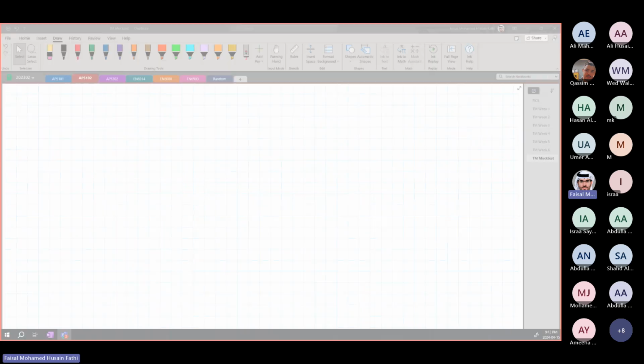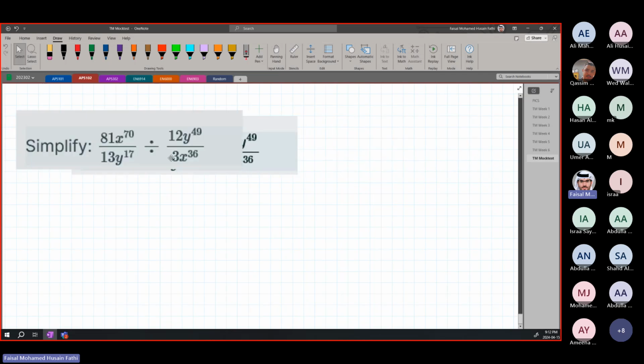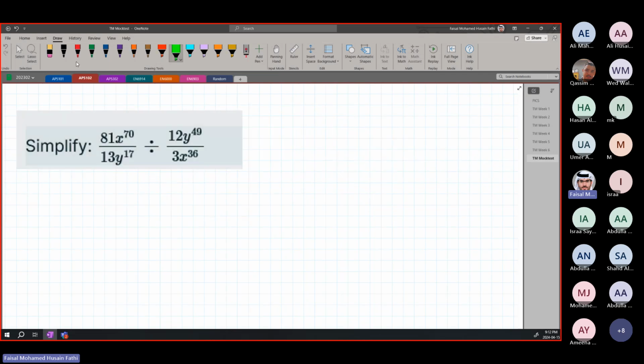Let's do this example here. I notice a lot of people usually struggling with this. This is what a lot of people for some reason are asking. So we have 81 x to the power 70 over 13 y 17. Divide now. So when we have divide, we write the first one the same way, over 13y 17,